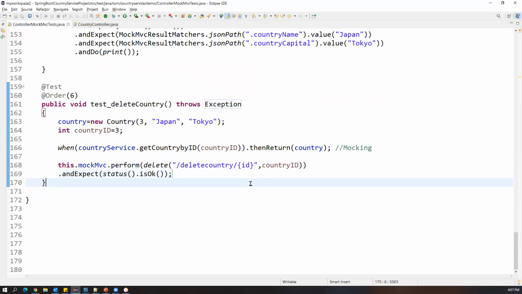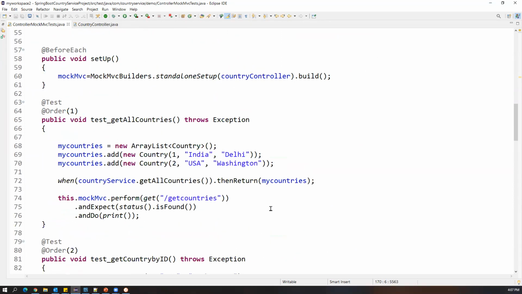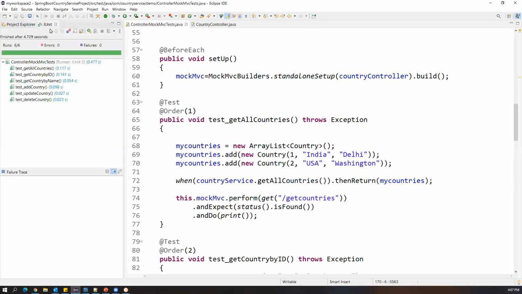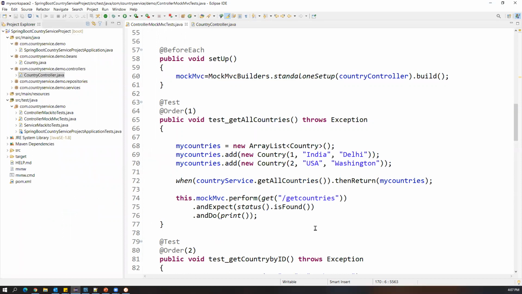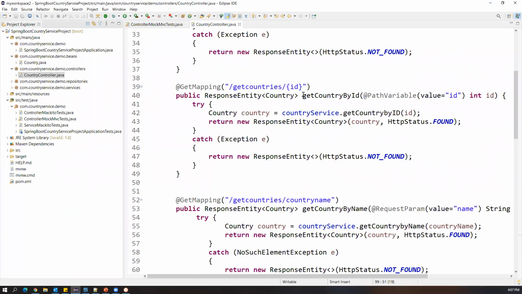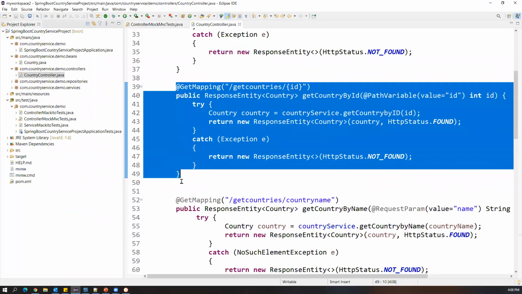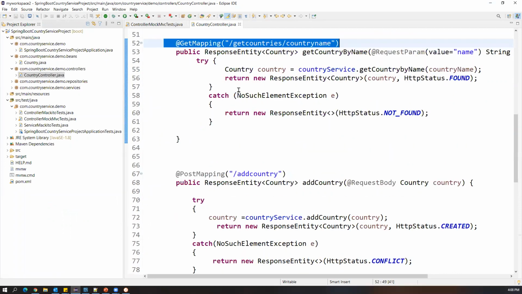Okay, so this is how we can write the unit test cases for controller methods. But if I look at here, we have not called the controller methods directly. Instead, in MockMvc, there is a method called perform, where we specify the request, and accordingly it will identify the particular method based on request matching, and then that method will be executed.